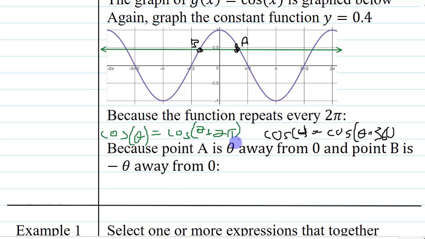Yeah, the error was there should be an n here because it's not just once 360 that you can add. You can add any multiple of 360. I can add 720, which is 2 times 360, and I'll get to the same height. So it's any integer multiple of 360. So this should be 360 degrees times n. And